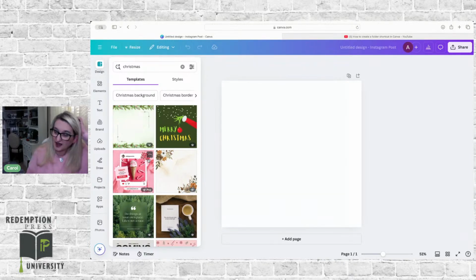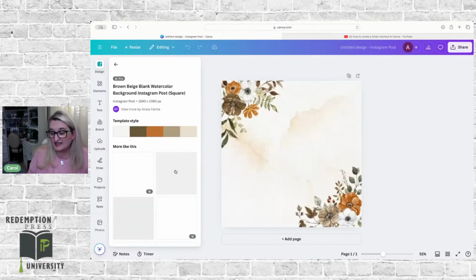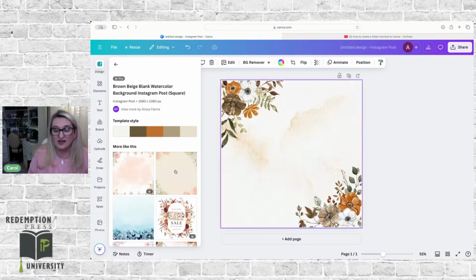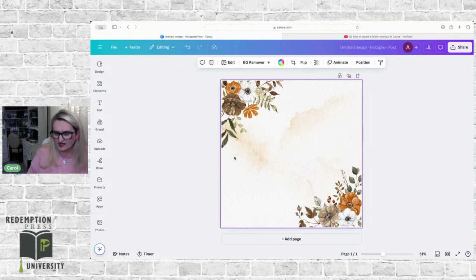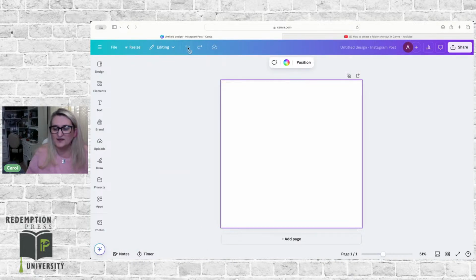So the beauty of picking your template once you have your graphic size, your canvas size, is that it's going to fit it perfectly. So I could just click on it and it will then populate my canvas. Now, why didn't I do that? I'm going to go back this way. Okay, we're going to do a whole entire training on just templates,